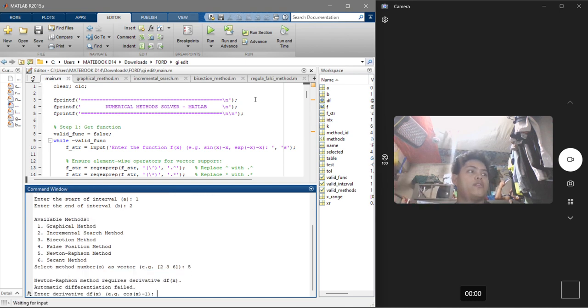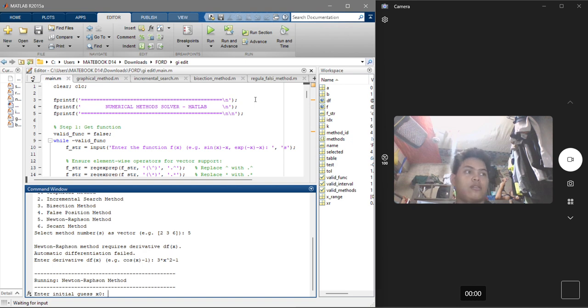Then we will put a derivative of x, so let's say 3x raised to the power of 2 minus 1.